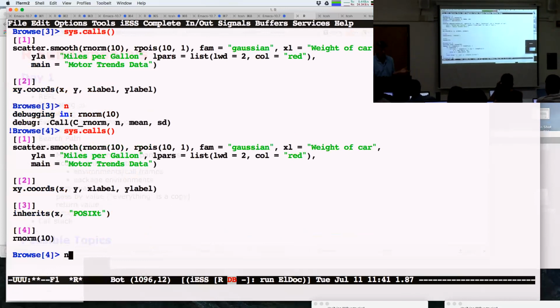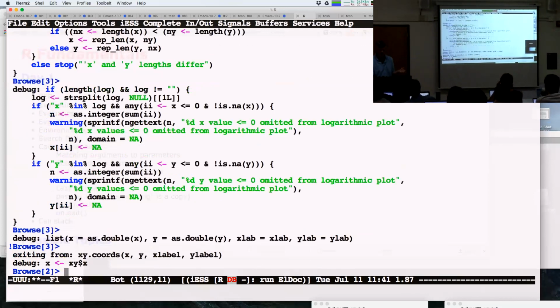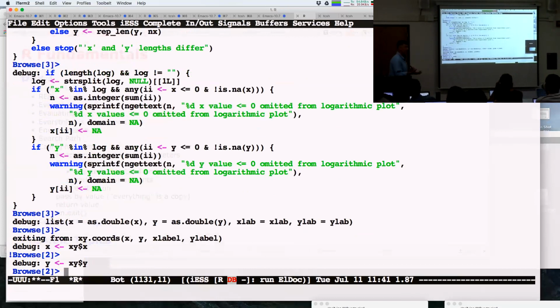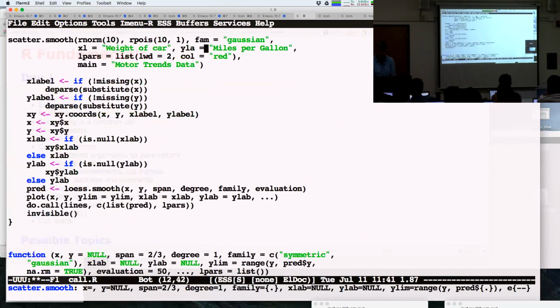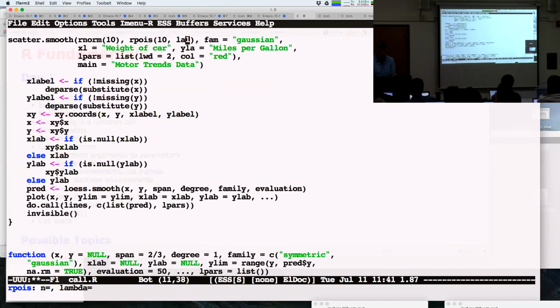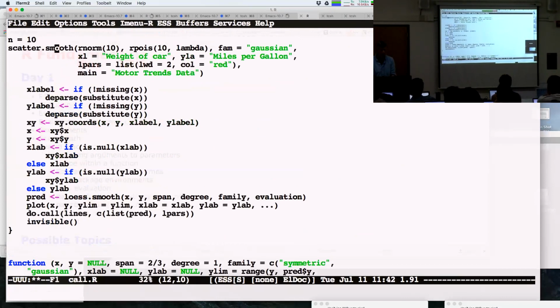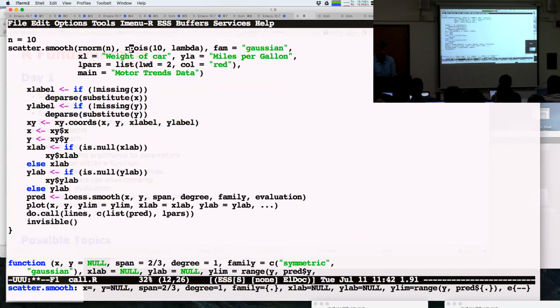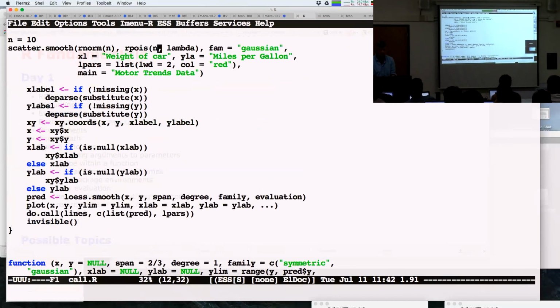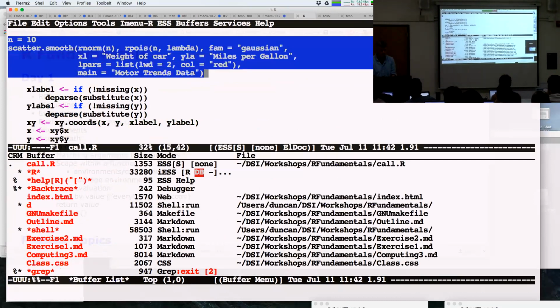Okay, so now we're in our norm, and now we're just going through this. Okay, so the lazy evaluation is causing us to do Y before X, because that's the way the things work. Okay, and if I'd wanted to, we could actually make this example slightly more interesting, which is we put in lambda here. Okay, and we put n equals 10 here, and we put n here, and n here. So now if we wander our way through this,